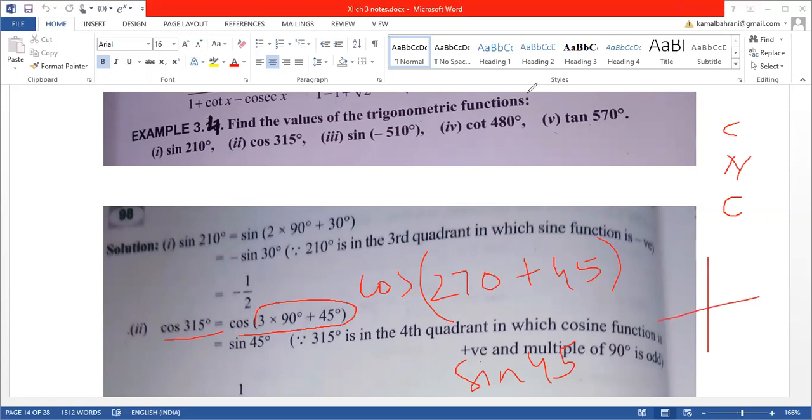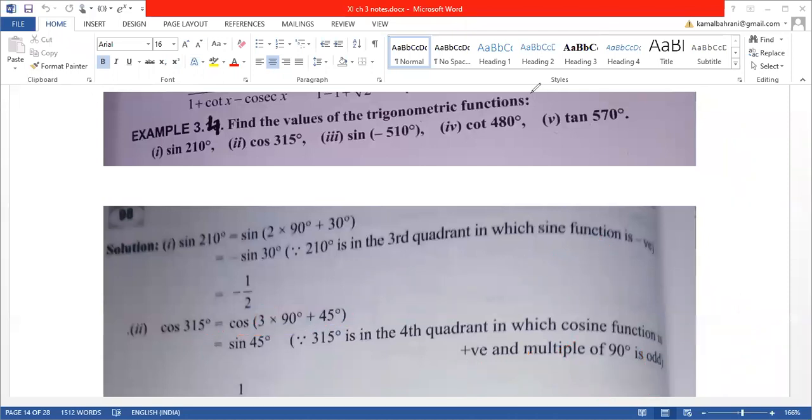The second thing you have to check is where 270 plus theta will lie. This is 180, this will be 270. 270 plus theta means somewhere here in the fourth quadrant. Now in the fourth quadrant, cos is what? Cos is positive. So you will have positive sine of 45, that is equal to, what is the value of sine 45? 1 by root 2. So you will get the answer 1 by root 2. Clear? Just see, sine 45. Sine 45 is what?